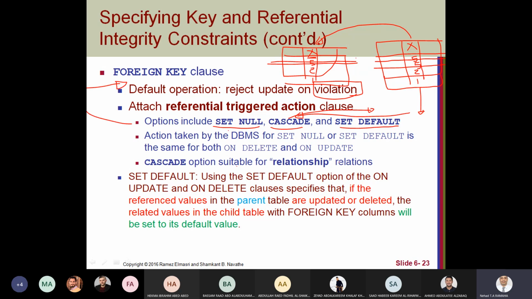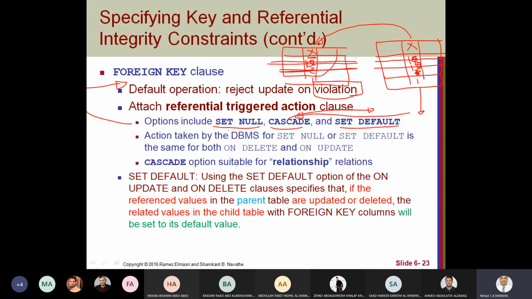So the meaning of update cascade is: if I change this department number of this X to, for example, 10, all X5 that change to 10 will be changed here inside the foreign key. This is the meaning of cascade. Set null is very obvious. If I delete, for example, this primary key 2, then each foreign key here will change to null.